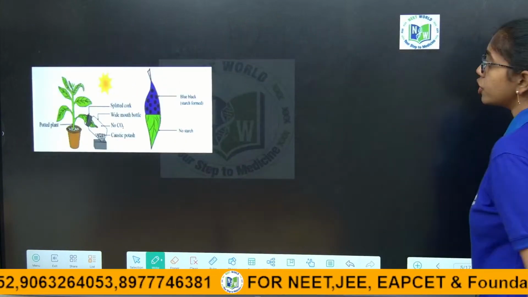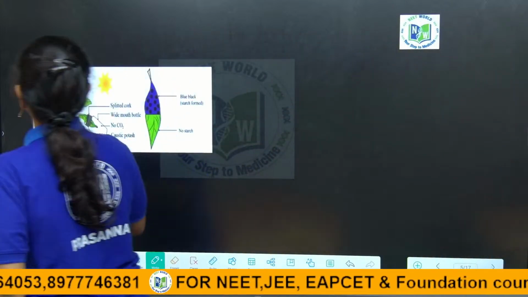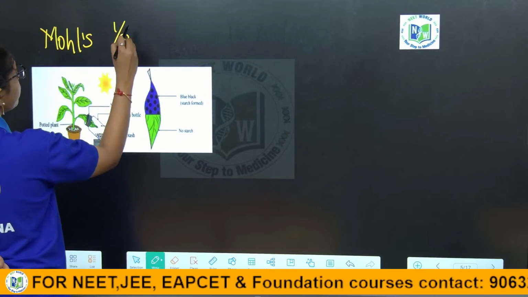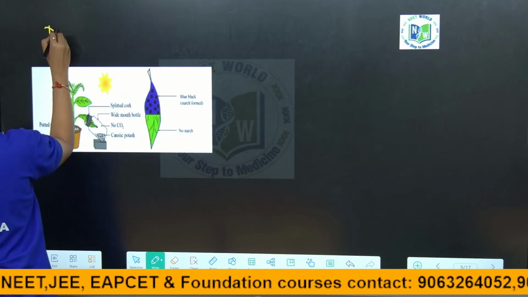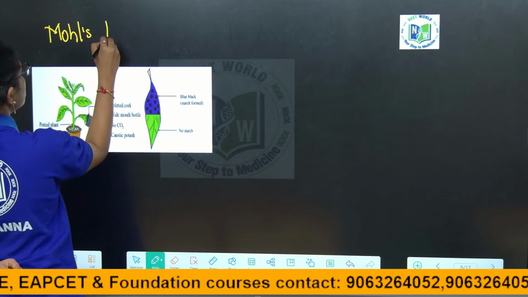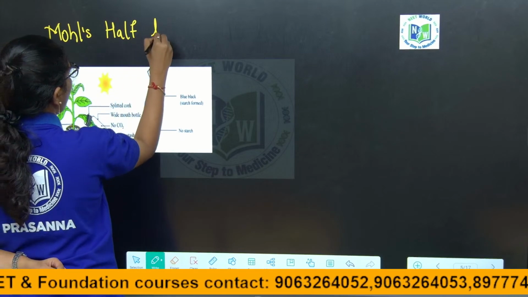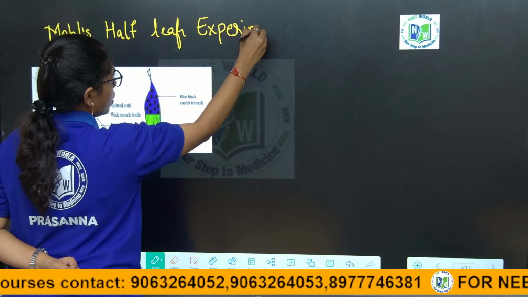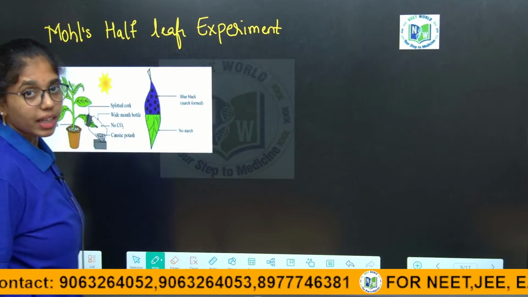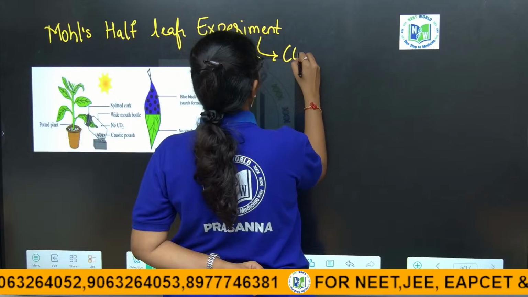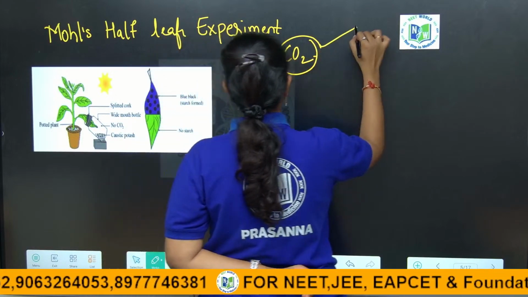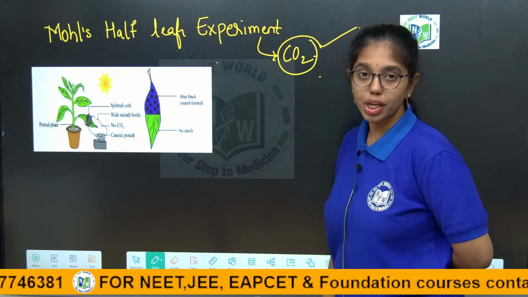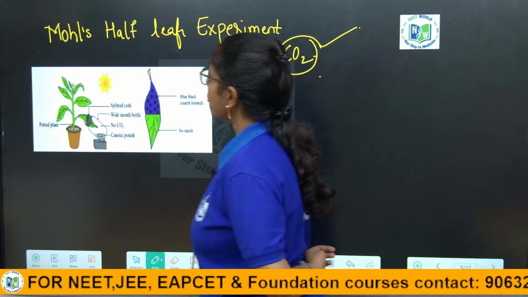And the next is Moll's half-leaf experiment. This experiment is to prove that carbon dioxide is essential for the process of photosynthesis. This experiment is to prove what, ma'am? Carbon dioxide is essential for the process of photosynthesis, wherein